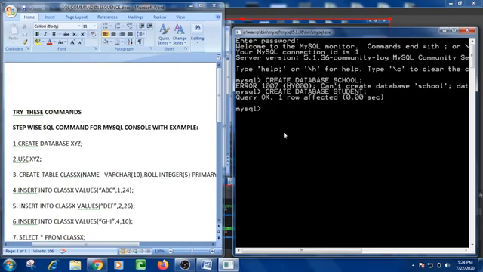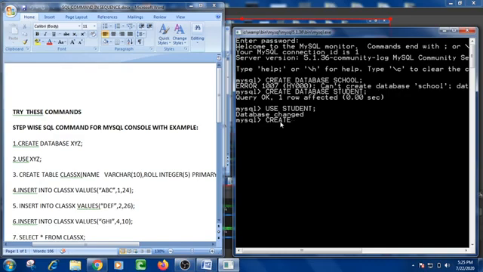Now second, I have to create the table in the database student, so I have to write the command use student. Clear? Now database changed. Whatever database I have been using till now has been changed to database student. Now the second step after the database is to create table. You can see the create command is used 2 times.